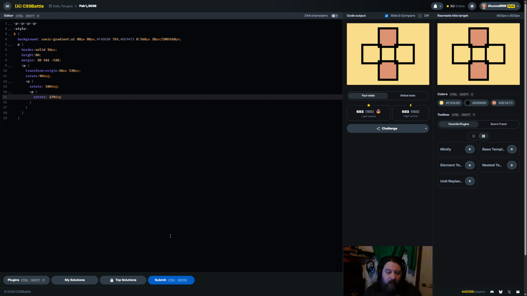But that should also work. And if we do instead rotate R 0 degree,